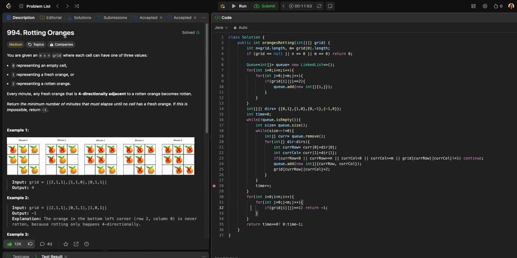Hello everyone, today we are going to discuss the problem that is Rotting Oranges. In this question, we will first discuss the question and then we will see how to approach it. So here it is saying that you are given an n cross m grid, and in this